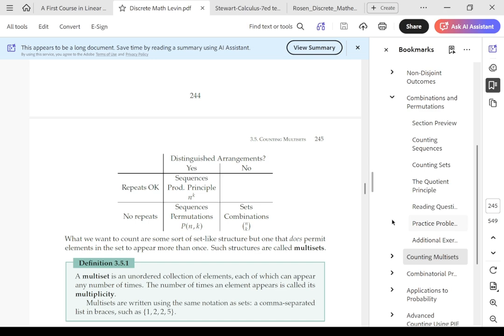1, 2, 3, as a string or a sequence, do you distinguish it from 3, 2, 1 per se? Do we want to distinguish between those, yes or no, and then whether we have repeats or no repeats. And we see so far if we do have distinguished arrangements and we allow for repeats, then that's the product principle. No repeats is the sequence of permutations, and if we don't care about whether the arrangement is